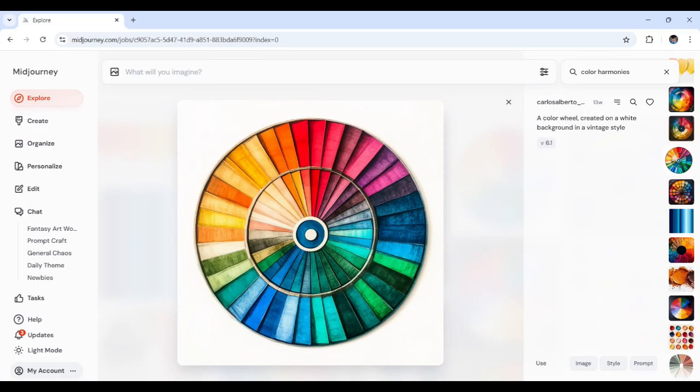First up, let's explore color harmonies. Understanding how colors interact is fundamental to creating visually appealing designs. Color harmonies are combinations of colors that are aesthetically pleasing when used together, and they can set the tone for your entire project. With MidJourney, you can effortlessly generate images that showcase different color harmonies such as complementary, analogous, or